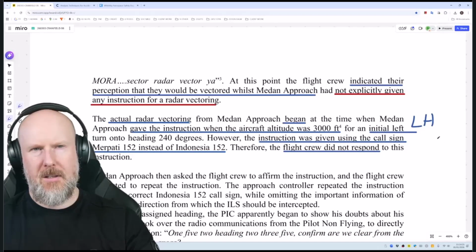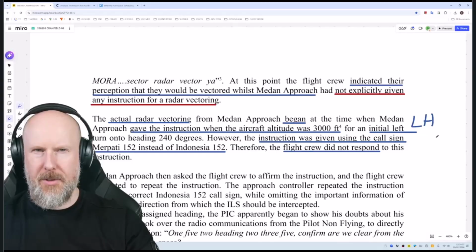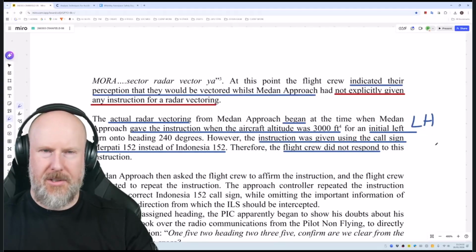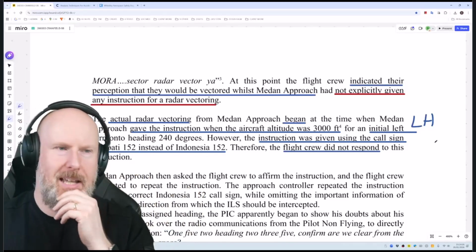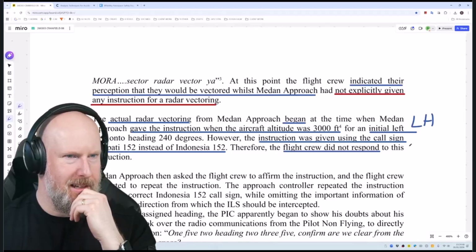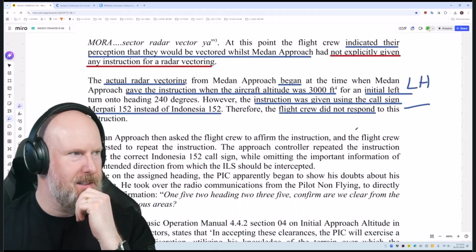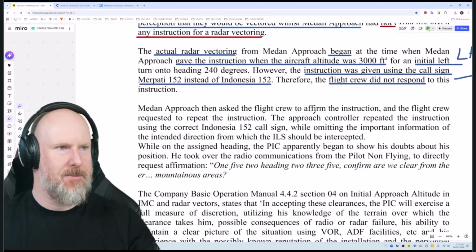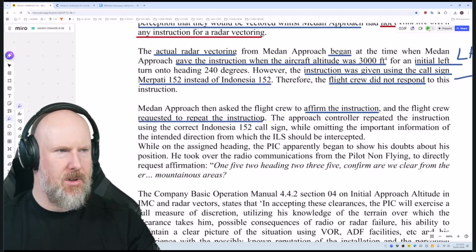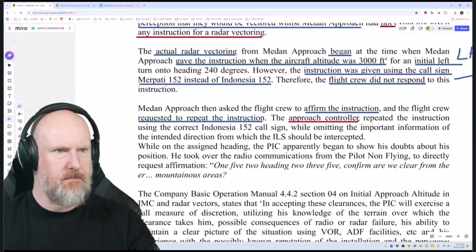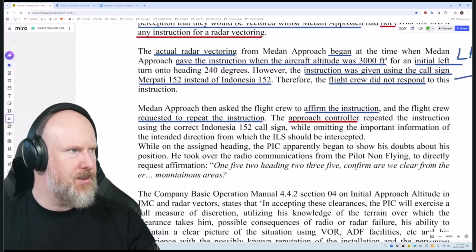Okay, so you could say that that is a type of contributory control action, in that it led to a misunderstanding or a loss of time, delay perhaps. So that's a couple of things there. Left hand. Median approach, when asked, then asked the flight crew to affirm the instruction, and the flight crew requested to repeat the instruction. The approach controller, okay, so that's so it's median approach